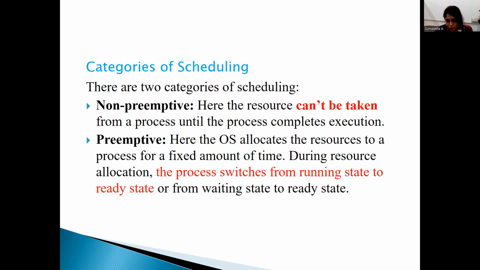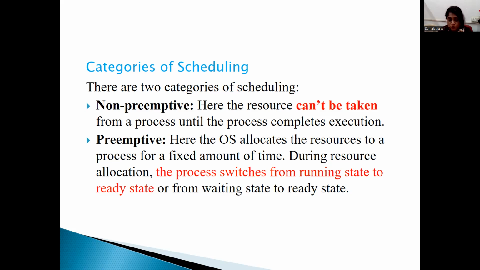For example, let's say you are printing, right? The printer is connected to the system. During the printing process, you can't forcefully remove the printer. Of course you can do it, and definitely the printing process stops, right? So that is non-preemption. Preemptive is just the opposite of it, which means you are trying to remove